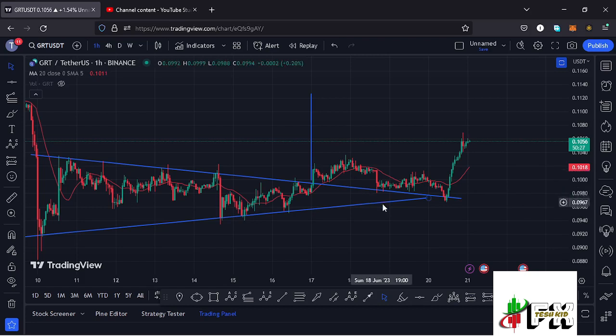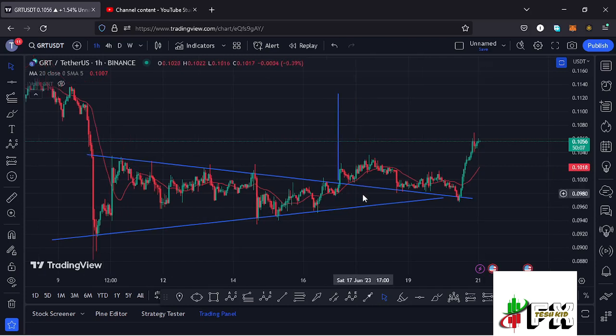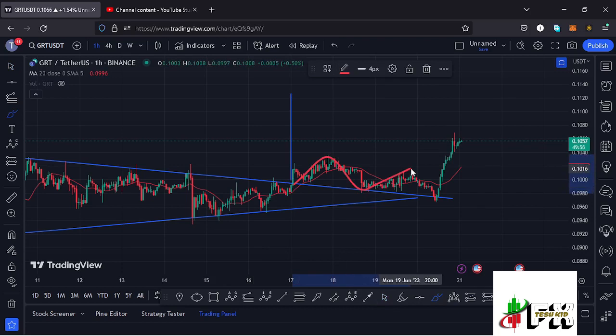And allow me to first focus on a chart pattern that has now given us a breakout to the upper side here on the GRT chart, where you can see that we had been trading within this triangle that we have here on the charts, where we continue to push the price of GRT to the apex of the triangle, and at some point we saw the breakout to the upper side. And after seeing the breakout, you can see that we have been trying to get a successive retest of this upper side of the channel of the triangle, and then at some point the retest was in and a success, and then we saw the massive pump to the upside in a move that has now given us a high